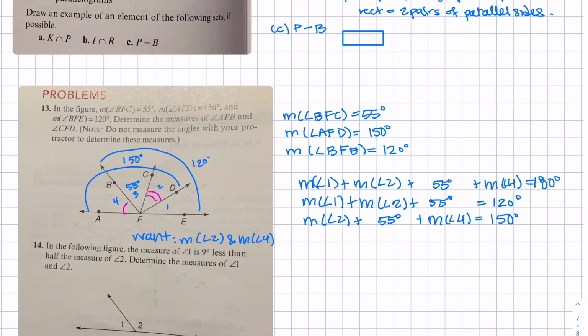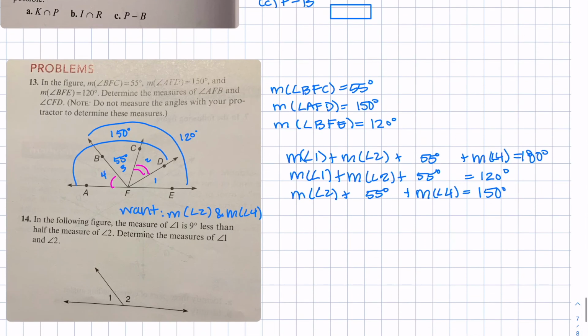All right, so actually I think we can pretty quickly see how to find the measure of angle 4. So let's look at these two equations. I think if we just subtract them straight down, we should be able to get the measure of angle 4. So basically this top one,